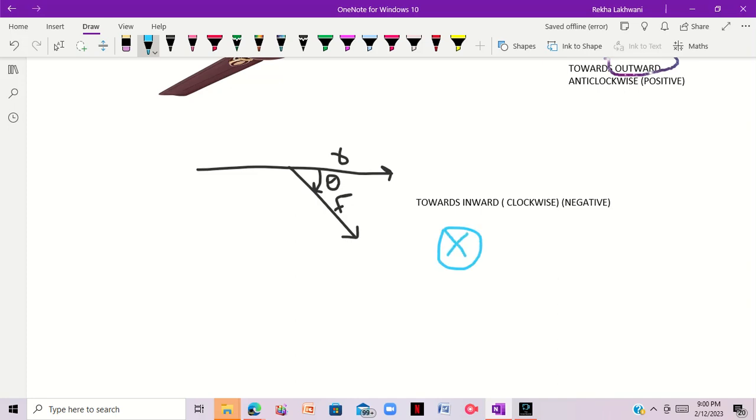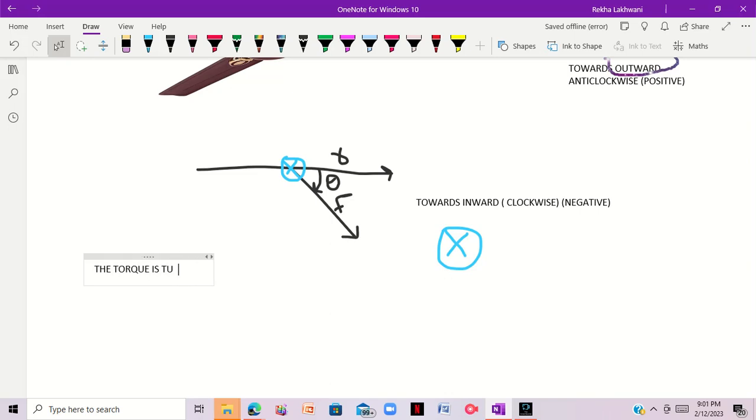So here to indicate the direction, I'll put it over here like this. This shows that the direction of my torque is clockwise, which is negative, right? So what is the conclusion over here? I hope this is clear to you. The conclusion is